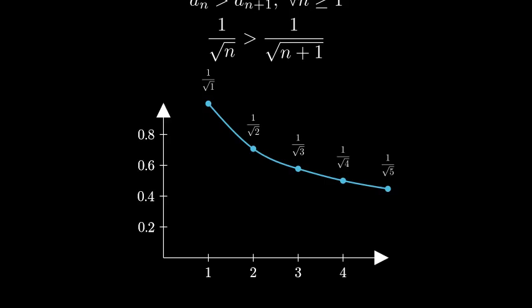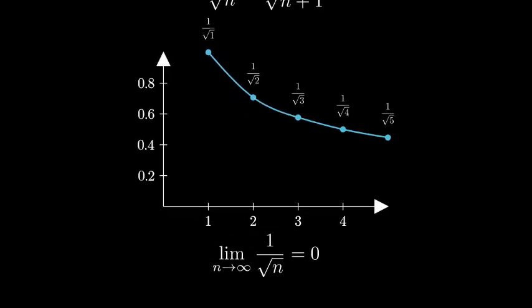Now, let's check if the sequence approaches 0. Taking the limit as n approaches infinity of 1 over the square root of n, we can see that this approaches 0. Intuitively, as n gets very large, the square root of n also gets very large, making the fraction